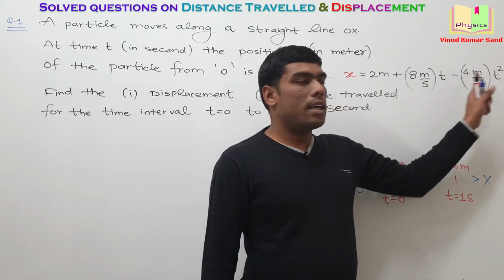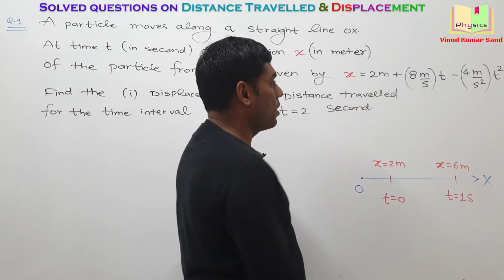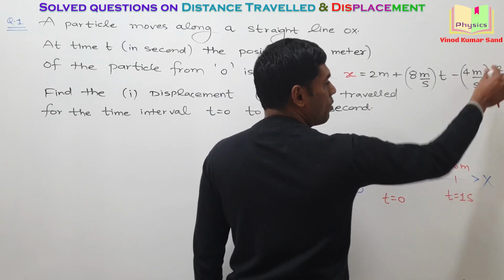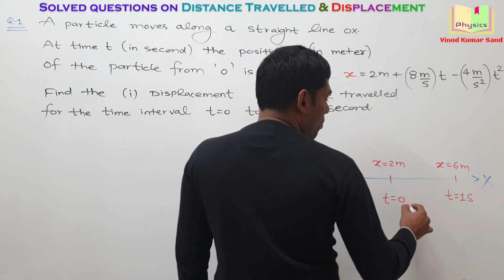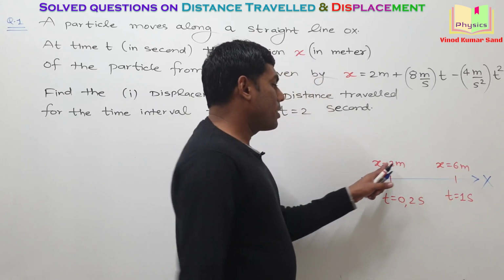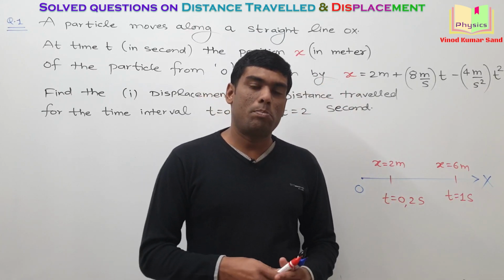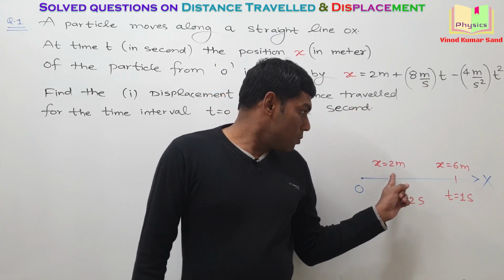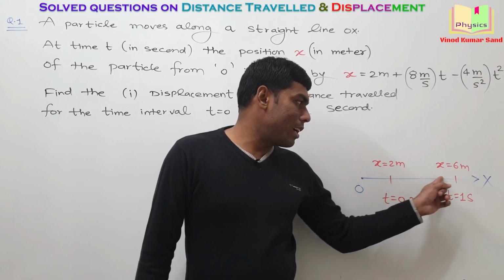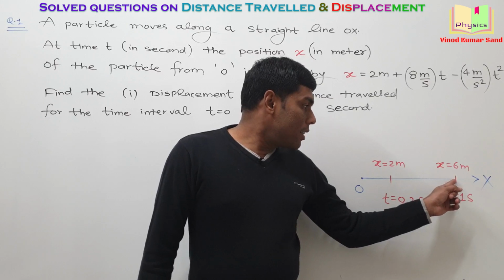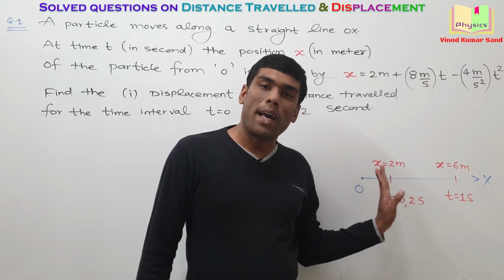Now I am solving for t is equal to 2 seconds. At t is equal to 2 seconds, what will be the value of x? Put here t is equal to 2 seconds and then 2 seconds here. You will get the interesting insight. At t is equal to 2 seconds, the x is again 2 meters. Now can you guess the motion of the particle? From 0 to 1 second, the particle will go straight like this. And then from 1 to 2 seconds, the particle will return back.